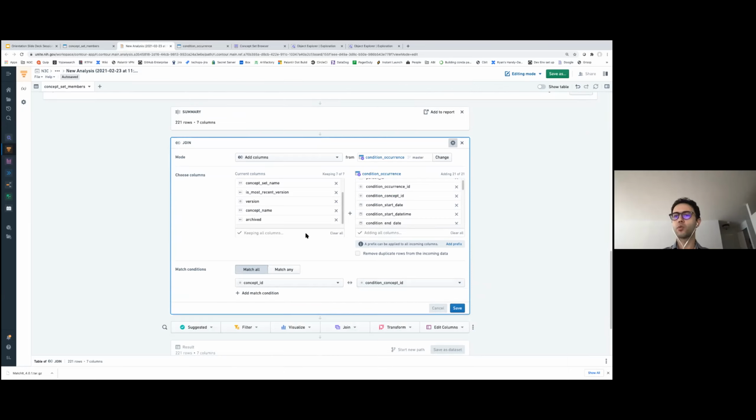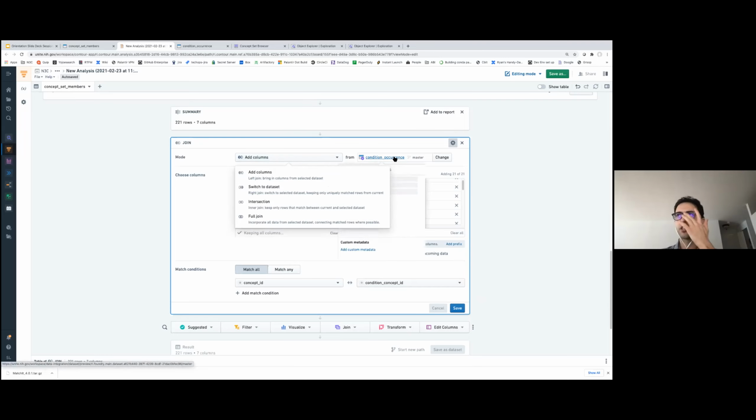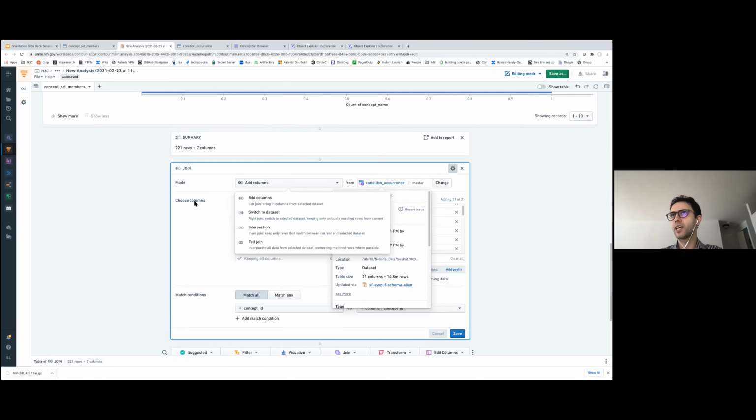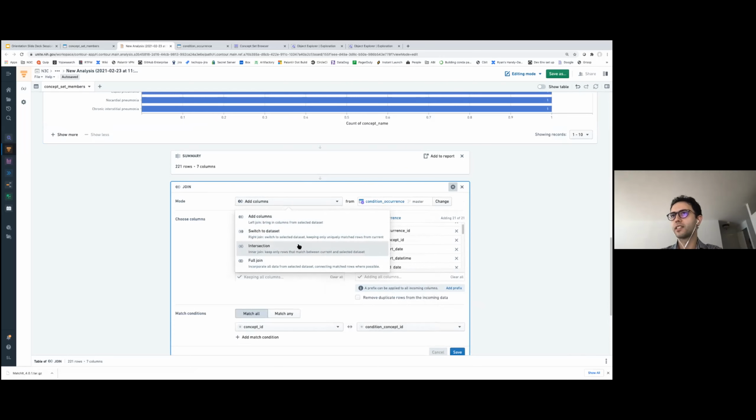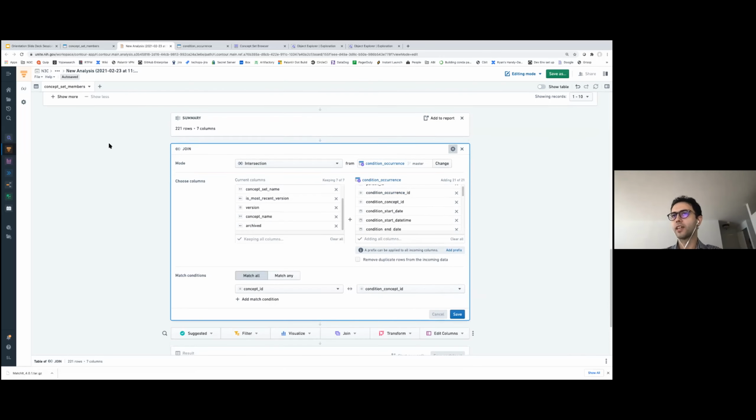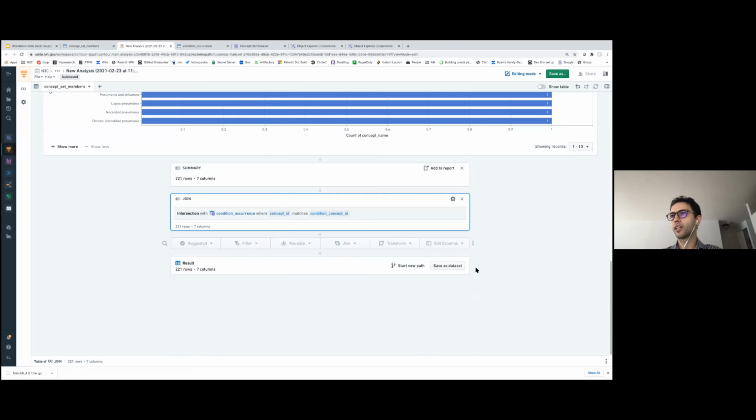Because what we want is basically an inner join or an intersection, we only want the condition records that strictly match the concept IDs of this table we just defined. We're going to pick intersection as the join option. And if we click on save,